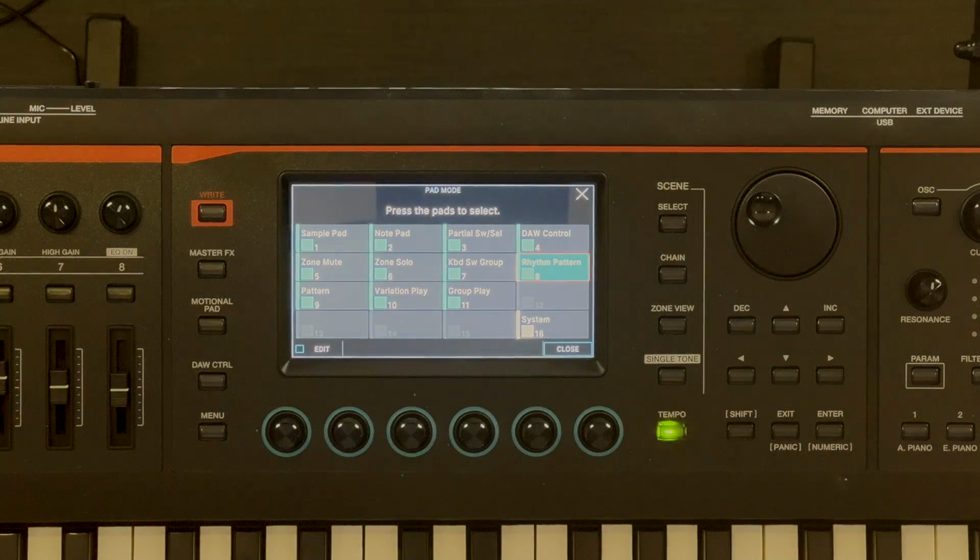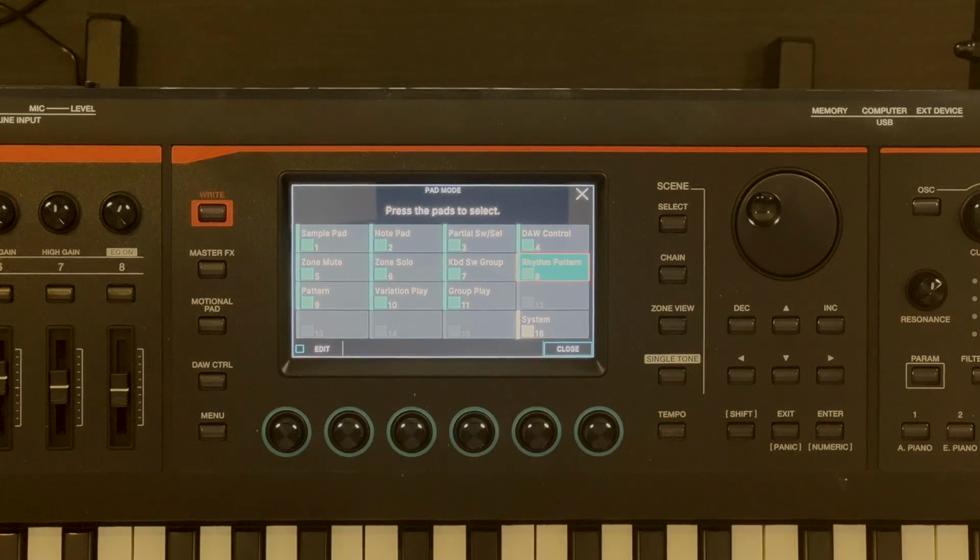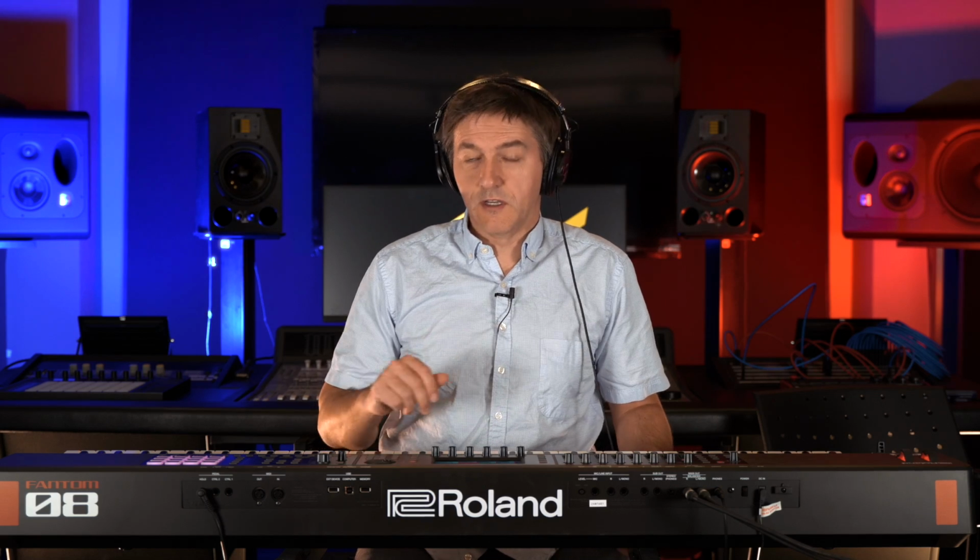Next thing is the assignable pad. If you go to pad mode, you've got lots of different options for what to assign to this pad. You can have it be a sample pad, which is what is there by default. So they've actually got this set up so that each column is essentially a new part that you can use to create sort of a jam. So if we do this,